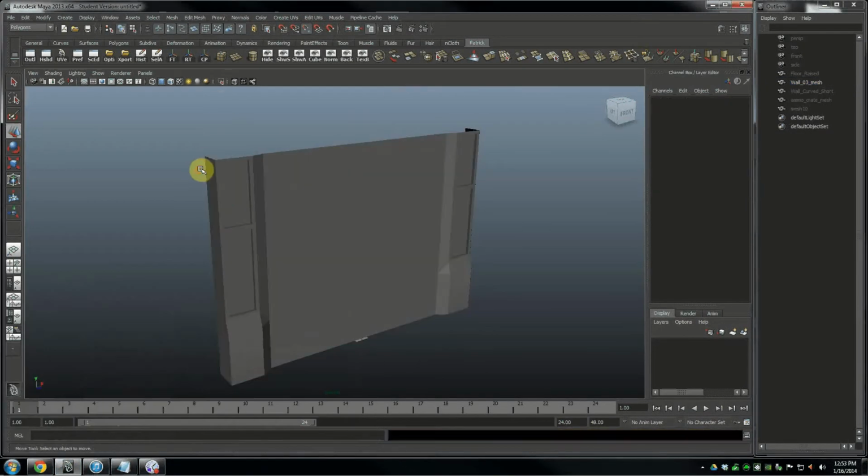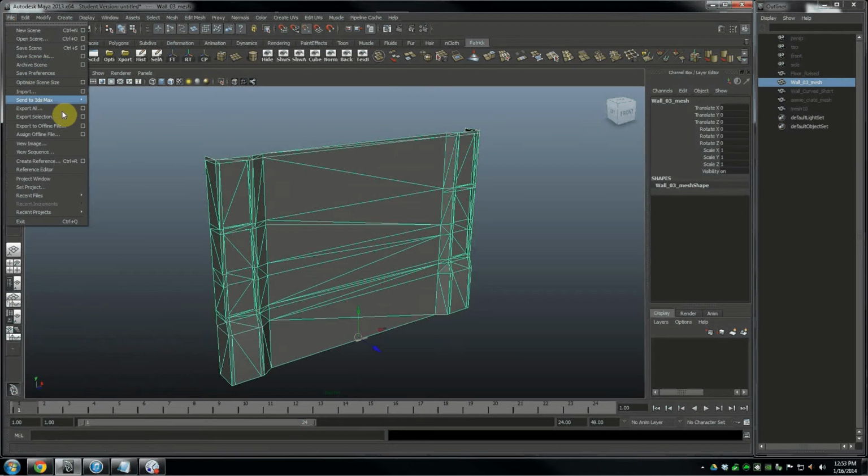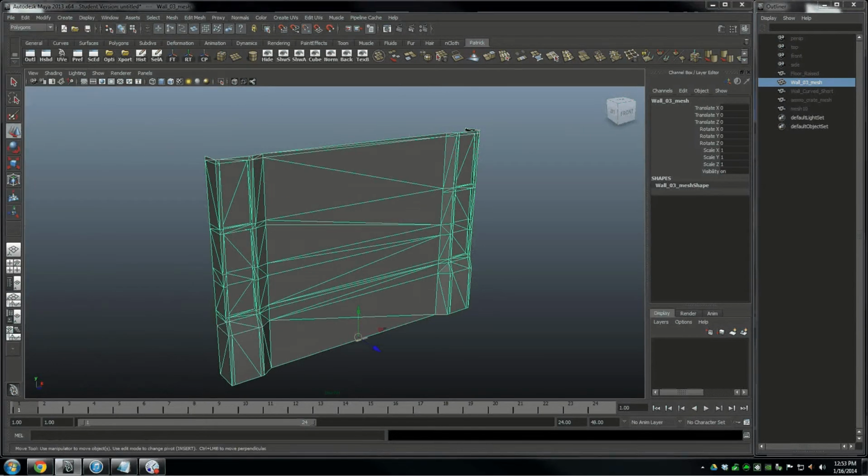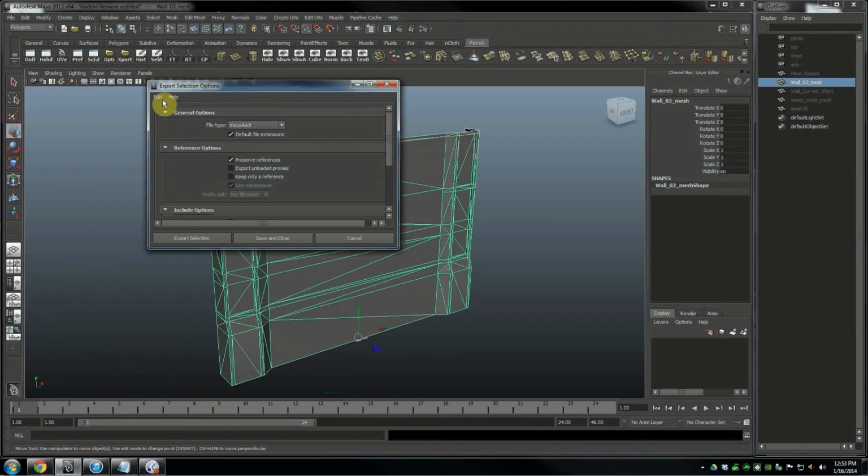So again, I'm going to select my wall, go to Export Selection, and you can go to the extra little square here and bring up some more menus. You can go to Reset Settings just to make sure you're using default settings for everything. Default FBX settings are what we're going to use. They just work. So we're going to go Export Selection,